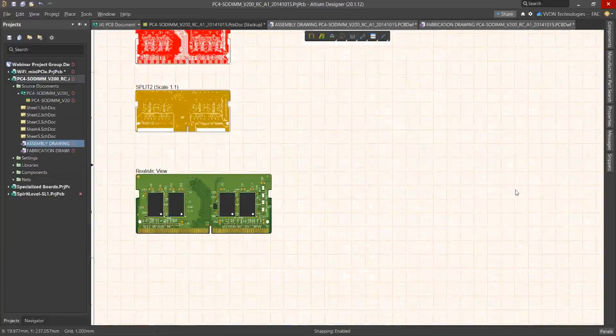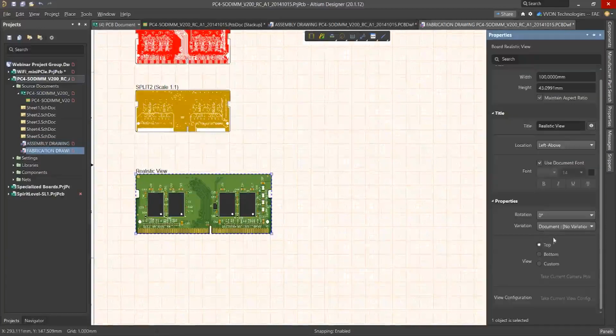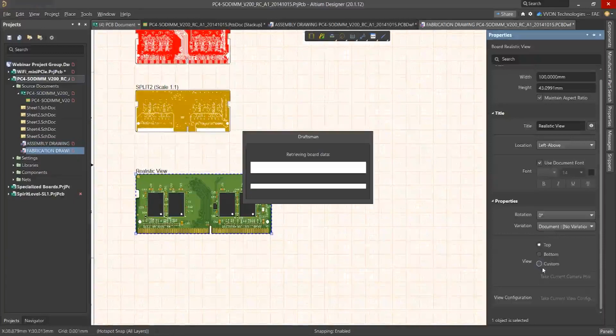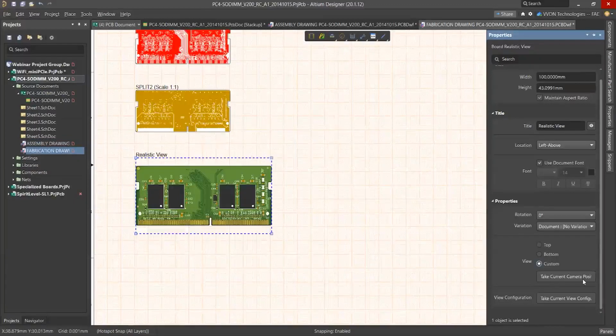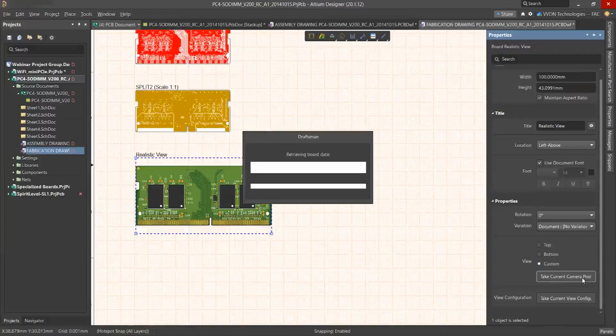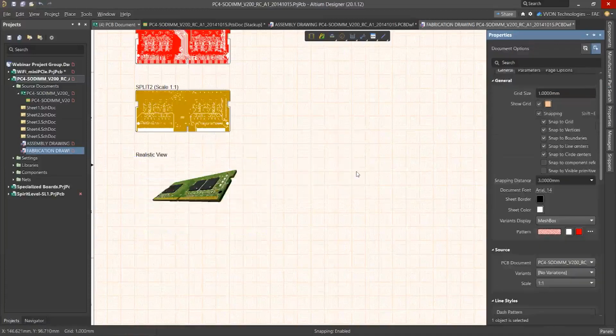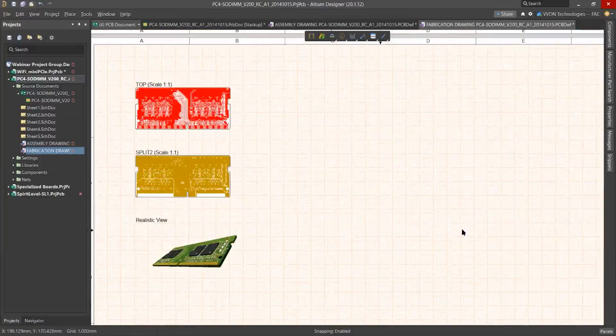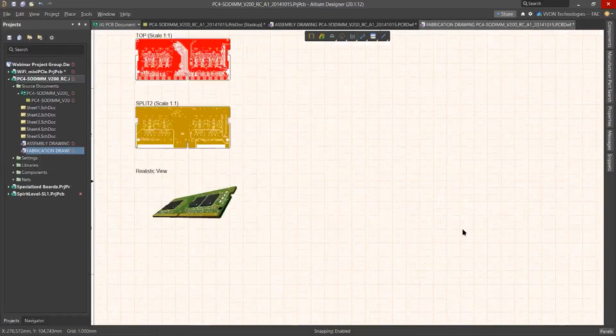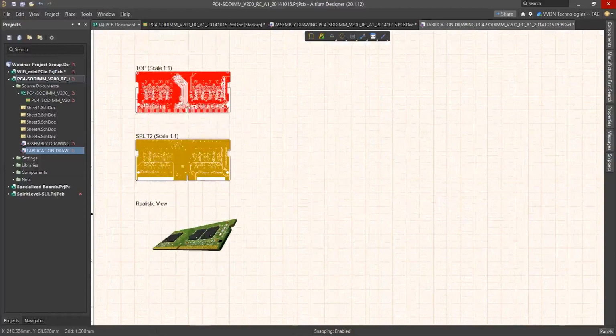Then from the properties window, here we can select custom view. After that click on take current camera position. So like that we can set the view. So this kind of information we can add.